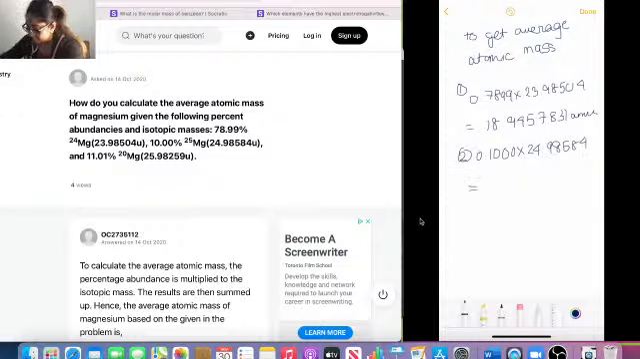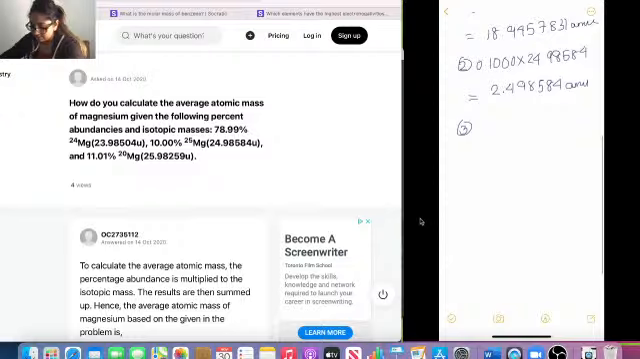And so when you multiply these two numbers, you get 2.498584 amu. And so our third one is magnesium with the atomic mass of 26, and this consists of 11%, so we put